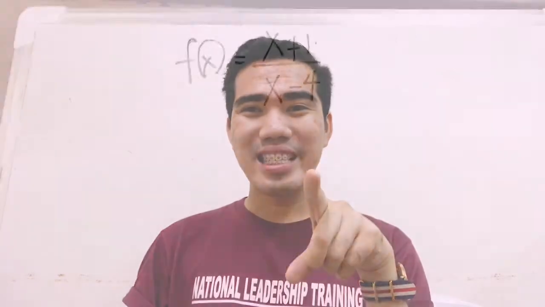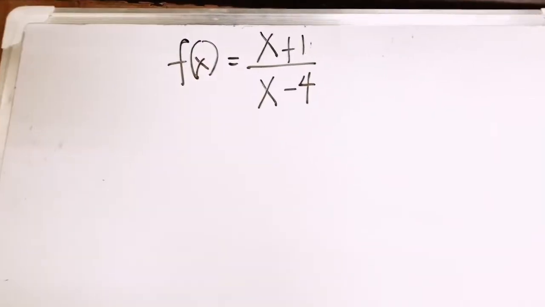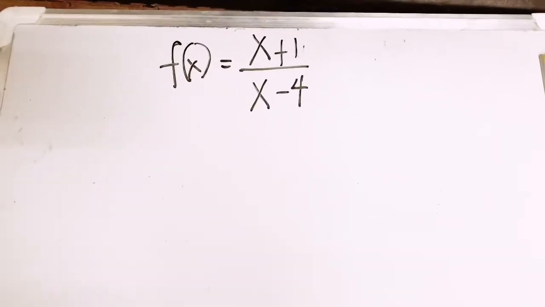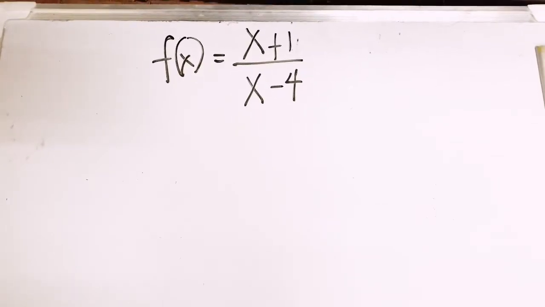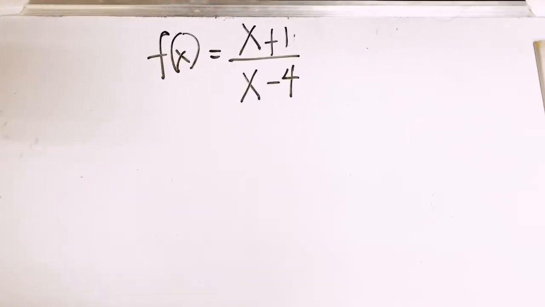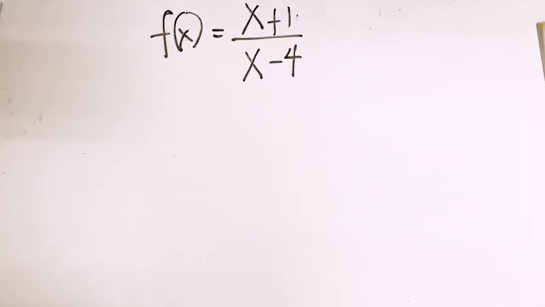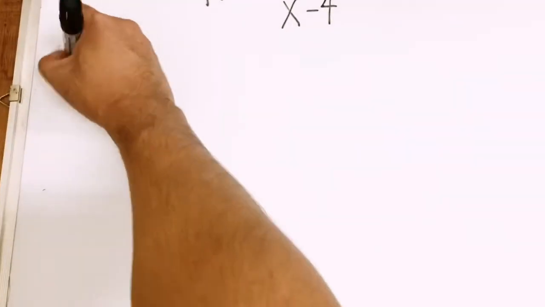Let's have an example for all the things upang maintindihan ninyo lalo ang aking sinasabi. Watch this. Let's have some examples. Let's start with f of x is equal to x plus 1 over x minus 4. Let's start finding the vertical